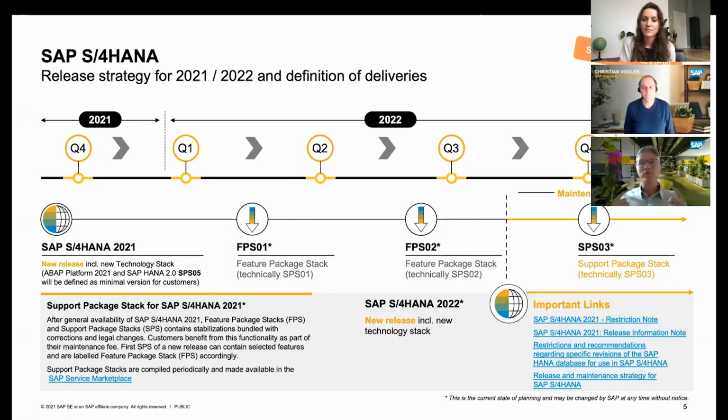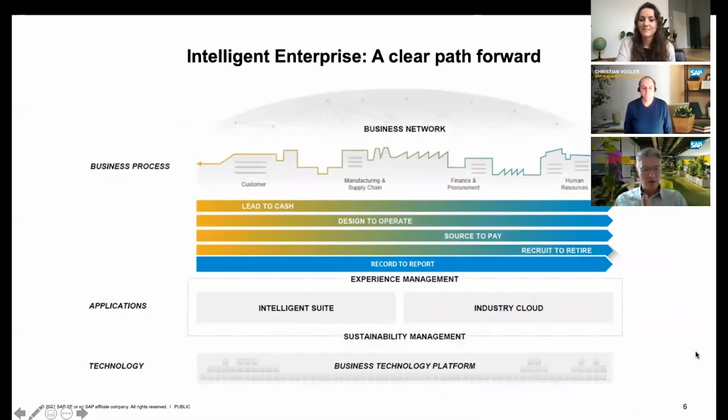The shipment of subsequent innovations for on-premise always go through feature packages. Feature packages mean non-mandatory, non-disruptive for your landscape. Fourth, support packages are delivered during the mainstream maintenance as well, following known cadence. And last but not least, the point 5 is that a customer-specific maintenance is always possible when the mainstream maintenance ends. Now, if you might go to the next slide, Lena, please, we can have a look at the big